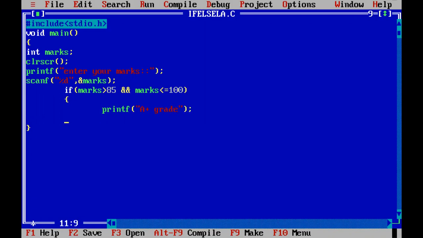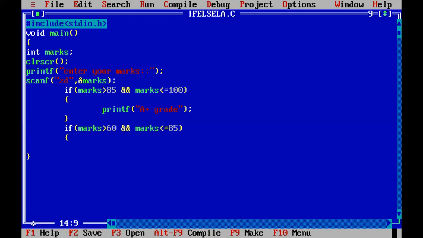Then the second condition: if marks greater than 60 and marks less than or equal to 85.